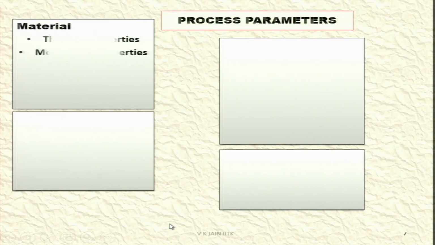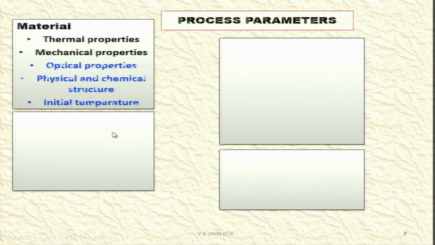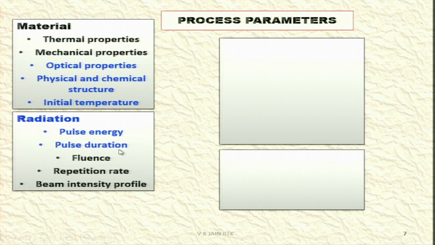Process parameters, some of them I have shown to you already: thermal properties of the workpiece material, mechanical properties of the workpiece material, optical properties, physical and chemical structure, and initial temperature of the material. Then radiation, pulse energy, pulse duration, fluence, repetition rate, and beam intensity profile. These are the parameters which affect in some form or other the process performance of laser beam machining and laser